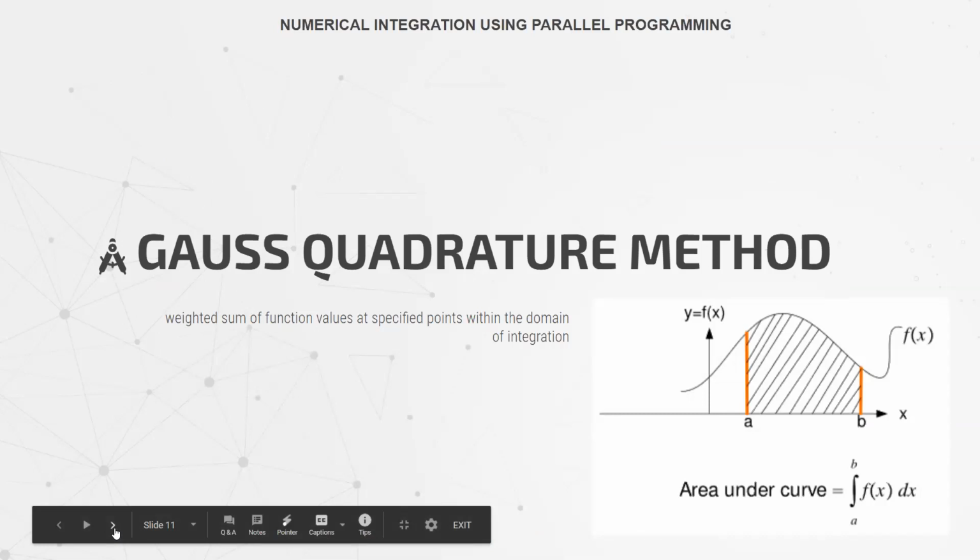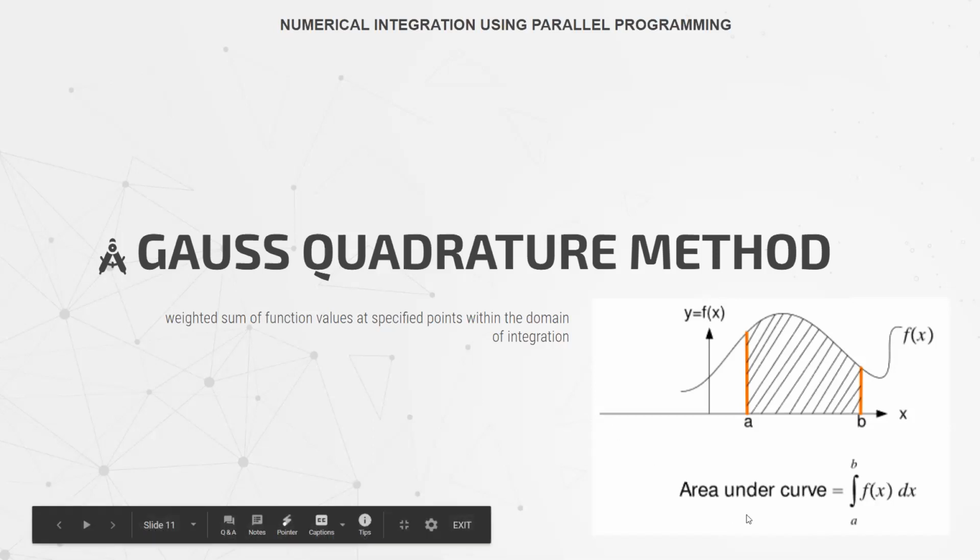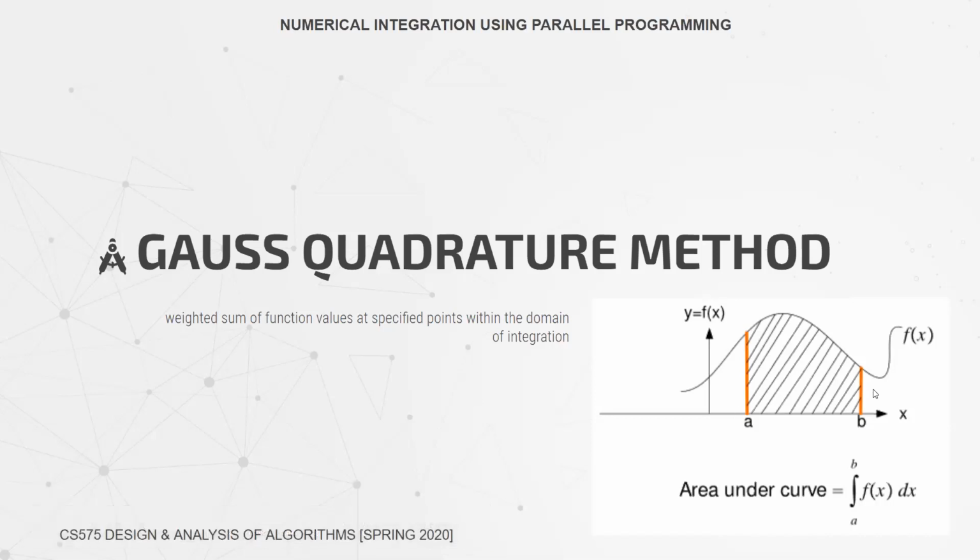That means that the integration is calculated by considering the width or the base as a difference between upper and lower limits, and the height by calculating the function of that area. So I have an integral, say, with the limits from a to b and f of x. The f of x is actually the slope of the curve. So my Gauss quadrature method is actually finding the area for every f of x across the curve.